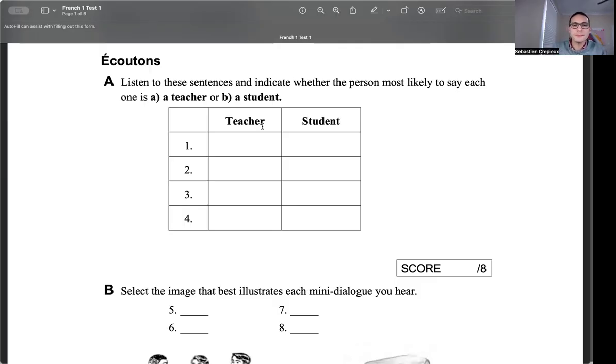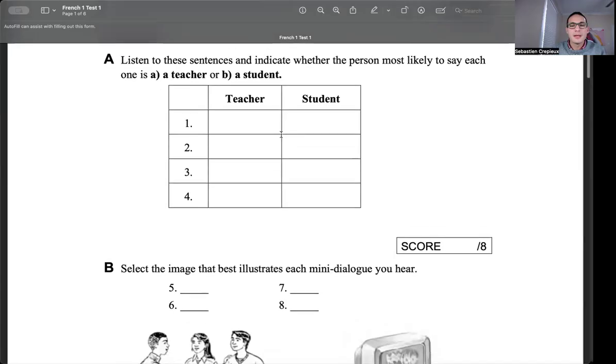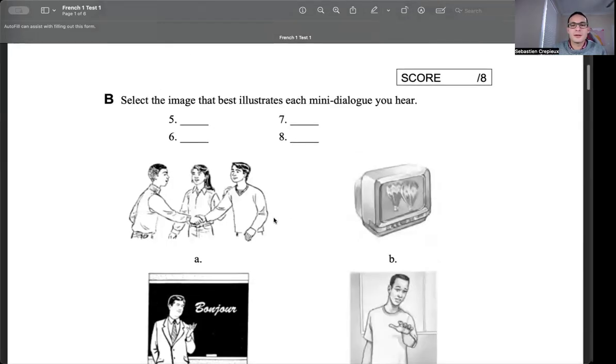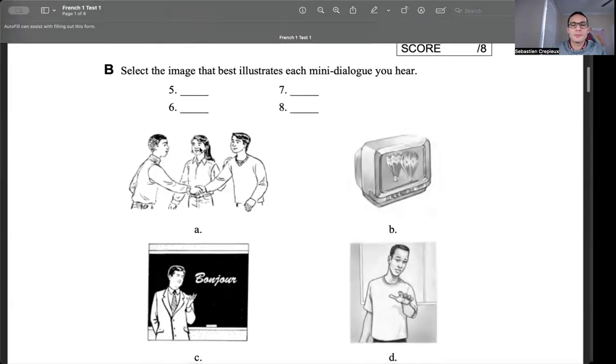Okay. So that's going to be for the first part. Listen to it as many times as needed. No problem. If you need to listen to it 5 times, you need to listen to it 5 times. It's okay. If you go too fast, you're going to make mistakes. Then you're going to hear a little conversation. And for each conversation, you're going to have to tell me, hey, are we talking about a friend? Are we talking about a TV? Are we saying, oh, I'm doing so-so, or is it the French teacher?